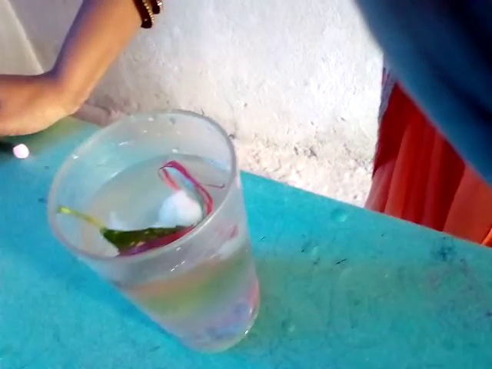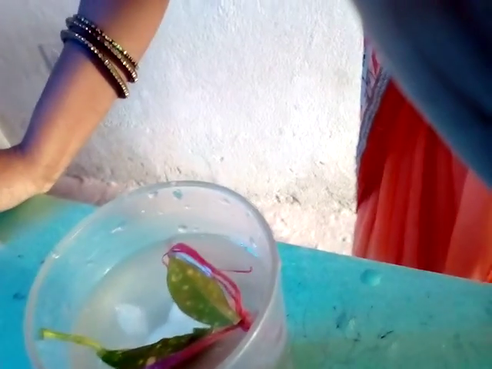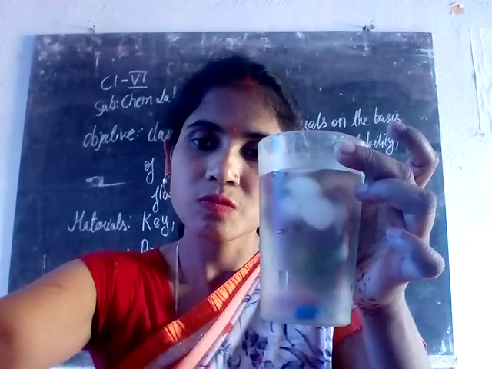So you can perform this activity at home also by collecting different types of materials and checking whether they sink or float in the water, and then you can write them one by one. This is your activity. This is quite a simple activity you can perform at home also. So you can do this.